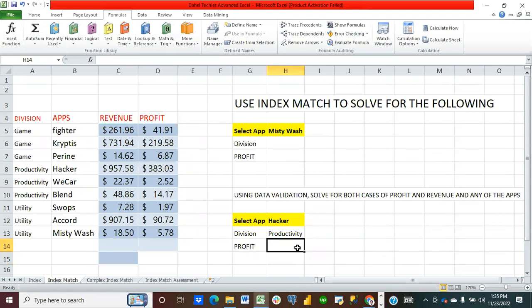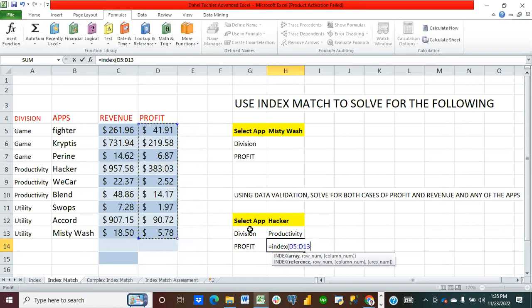I don't know why this is giving me error. Let me try this one last time. I have array. Match. Lookup value